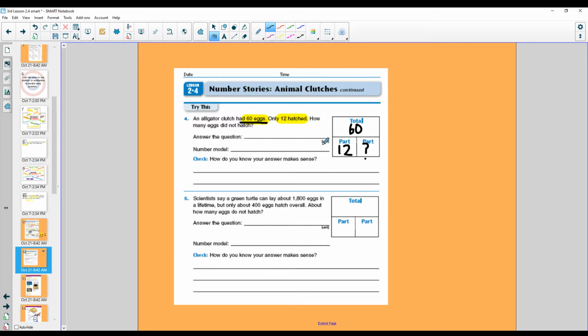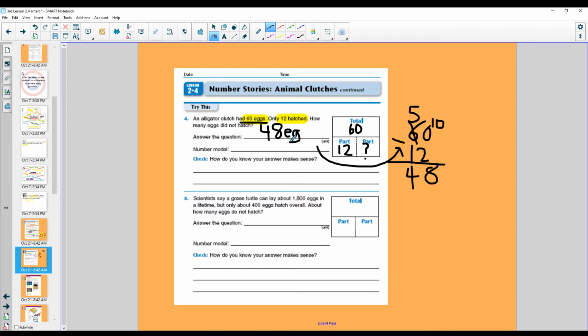I'm going to write my number model over here because we need to do 60 take away 12. All right, you should be hearing your second grade teacher's voice right now going like this. More on the floor. Go next door. Get 10 more. 10, 9, 8, 5, 4. All right, 48 what? 48